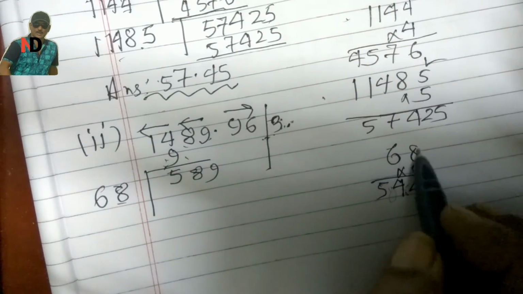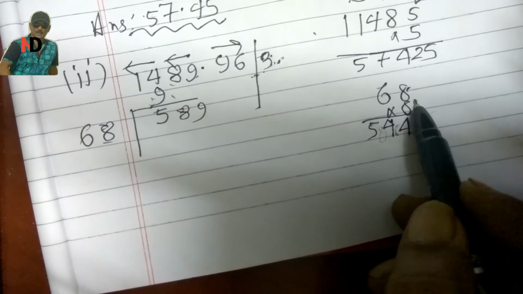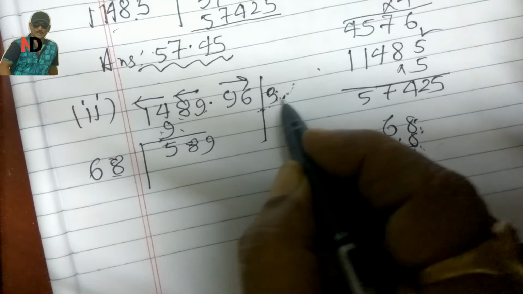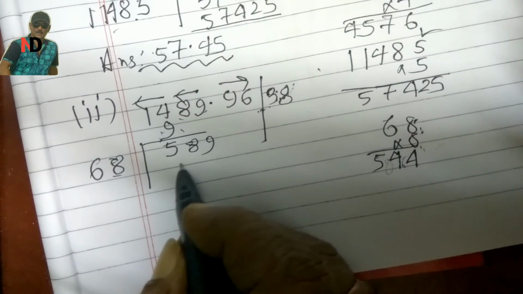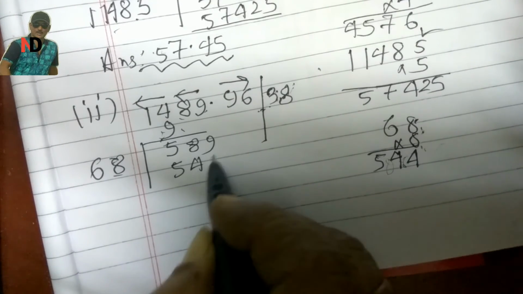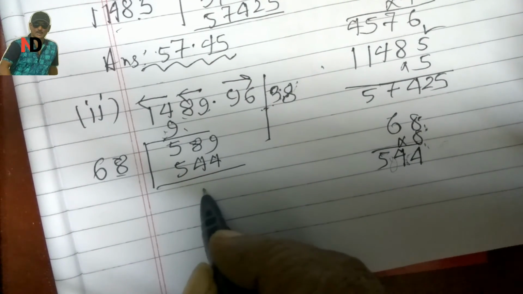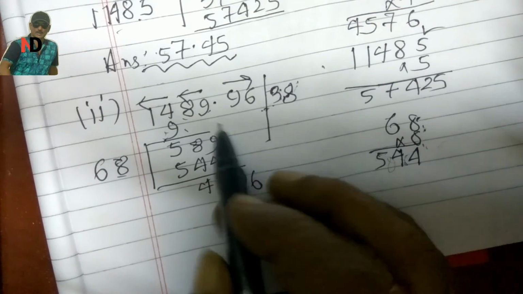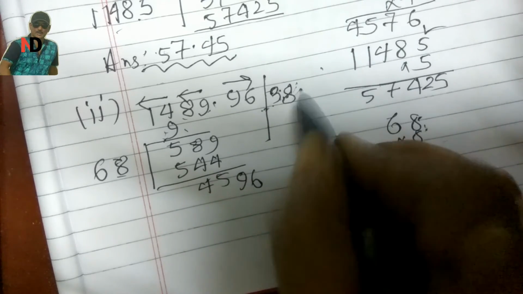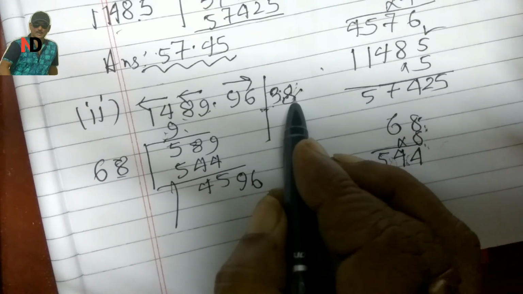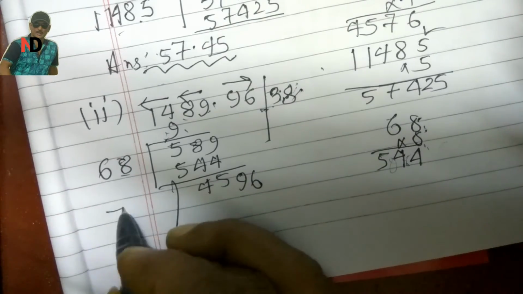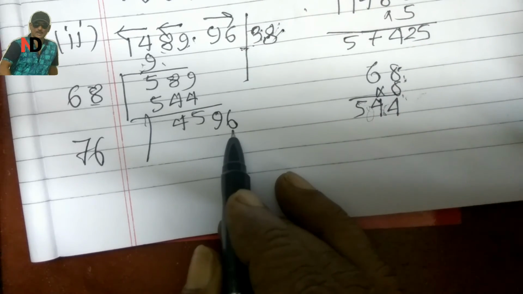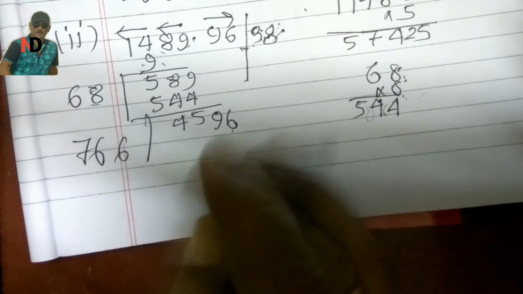So I think you remember this rule. So 8 into 8, so what it will be, it is 8, so 68, it is 544, subtract it, 45, then bring down these two numbers 96, the decimal point goes here, again 38 into 2, it is 76. Okay, so what number we multiply at the end, that is 6, so it is 6.